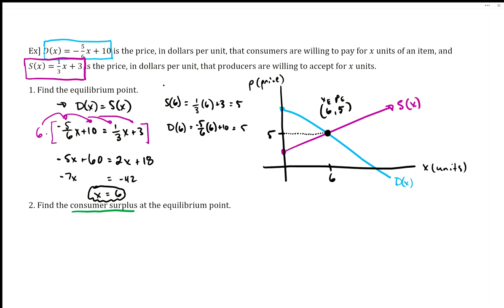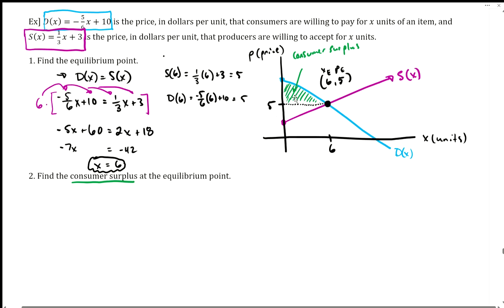So the consumer surplus, that is this area right here, at the equilibrium point. Again, that's usually what's common in these problems. If they wanted us to do something else, we could move our x coordinate around, and it's not much different, but typically it's at the equilibrium point. So I need to find that area. So the consumer surplus